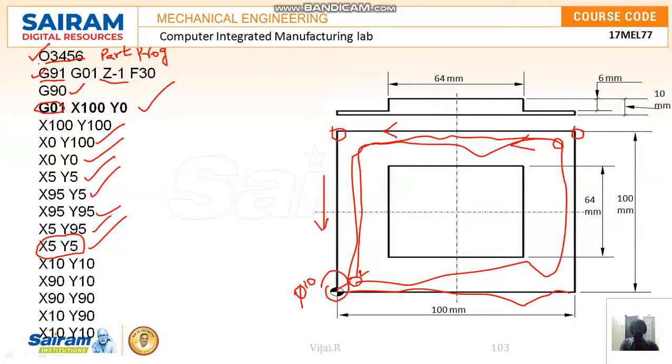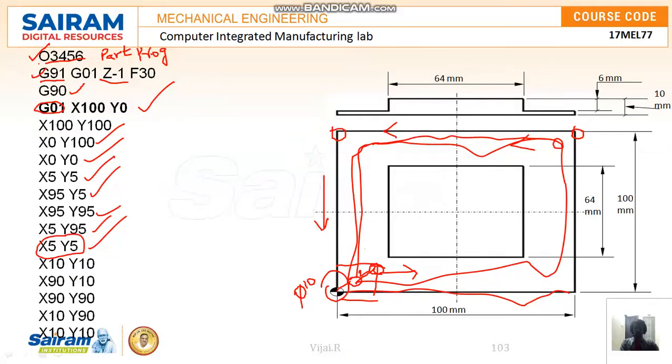Then again we have to move a little bit towards the slab side, so the x distance is 10 and the y distance is 10. So the tool will be here. The tool has to move like this until it reaches close to this.